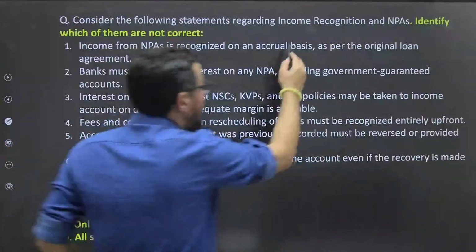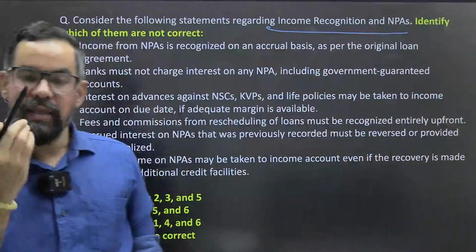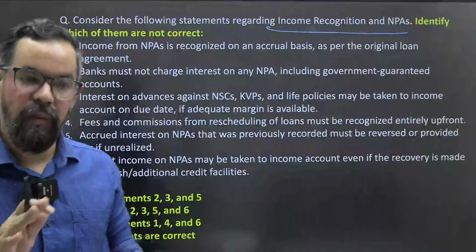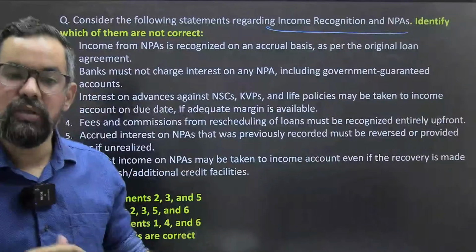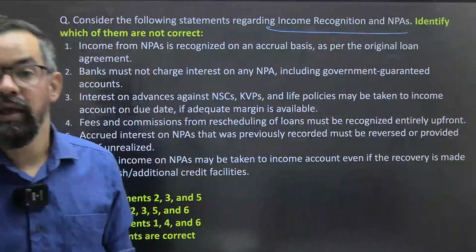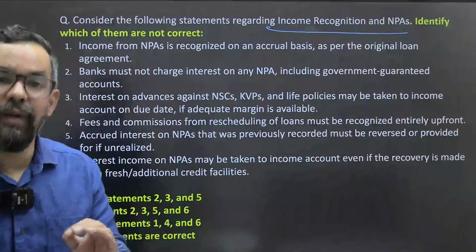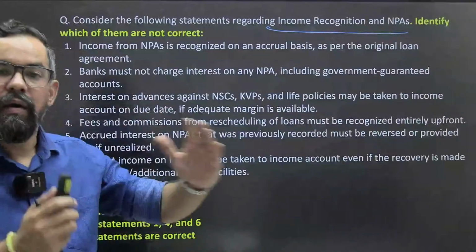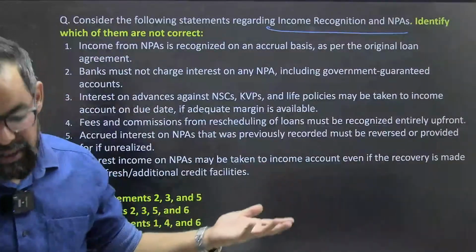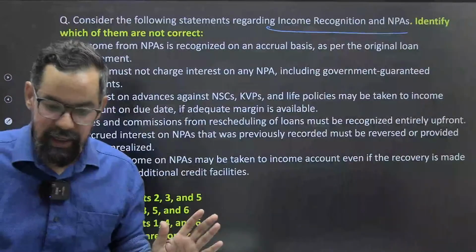Next one, consider the following statements regarding income recognition and NPAs. Usually we account assets or our loans on accrual basis, but when it becomes NPA, जब asset NPA बन जाता है तो उस केस में हम क्या करते हैं, we account for that on cash basis. जैसे जैसे पेमेंट आएंगे then only will we account. Otherwise, if it is a standard asset we generally apply the accrual system of accounting, ठीक है। इतना पता है सबको, अब आगे पढ़ते हैं।